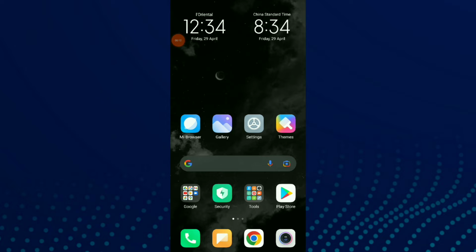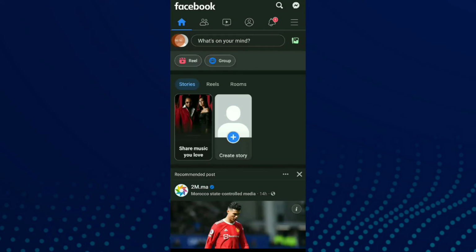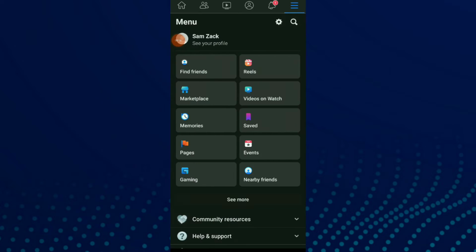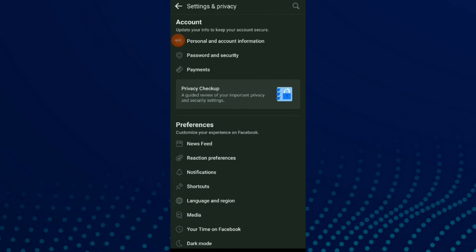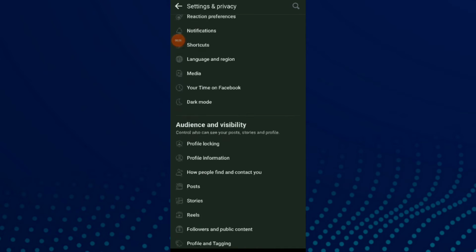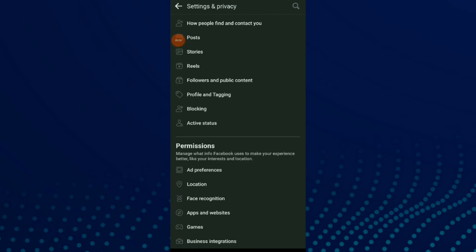First, go to your Facebook app and click on it. Now click on those three lines up there. Now click on the settings icon beside the search icon. You can find it here in security, and if you didn't find it between those options, all you need to